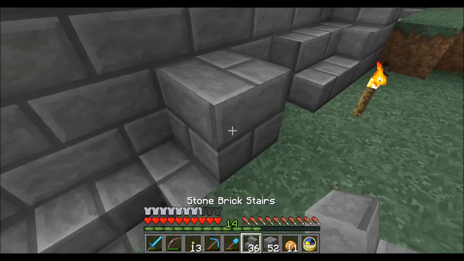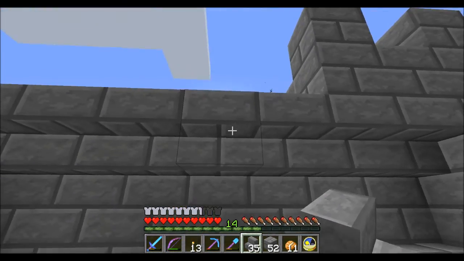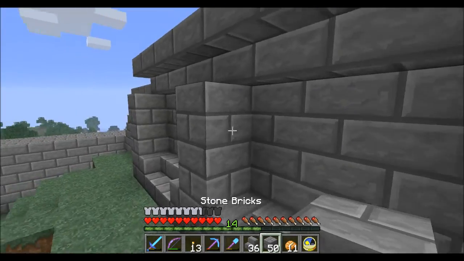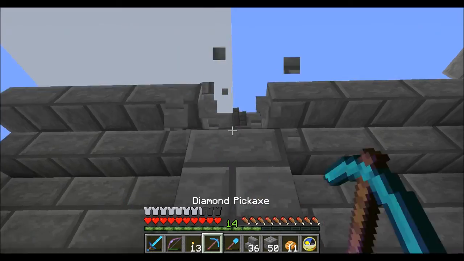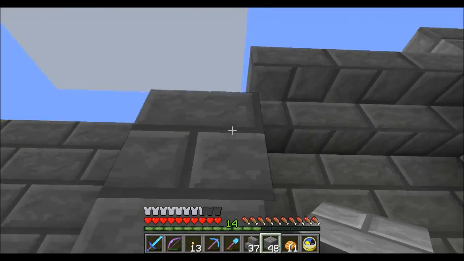And that block is lost forever. So as you can see, it looks quite nice, I think. And if we get rid of this block, put that in like that, and do the same here. There. Well, that's alright, that's where it's going to be anyway, so...